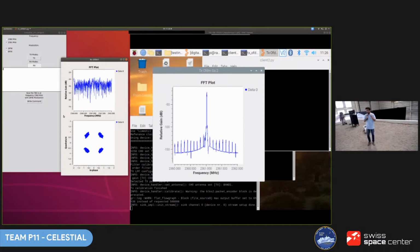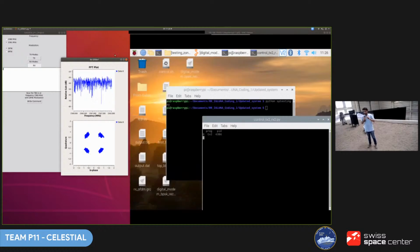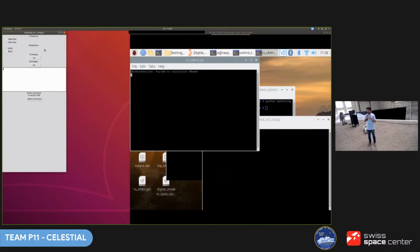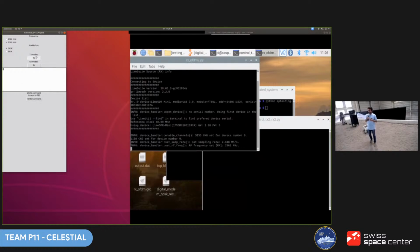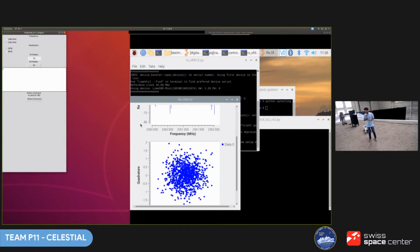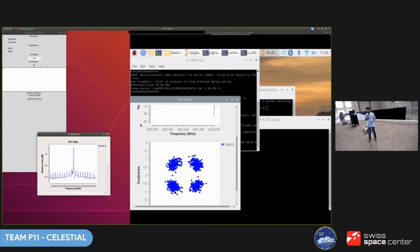This means it's the modulation scheme, so QPSK, and this is going to continue for 20 seconds so that everybody can visualize that right now the system is working on the frequency of 2360 and the QPSK modulation scheme. Now the system is going back again to the reception mode, in which it expects the ground station to send another command for the reconfiguration, and the system is ready to receive another command on the lander,